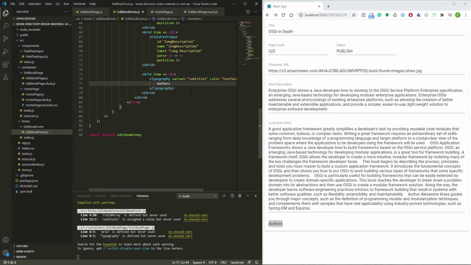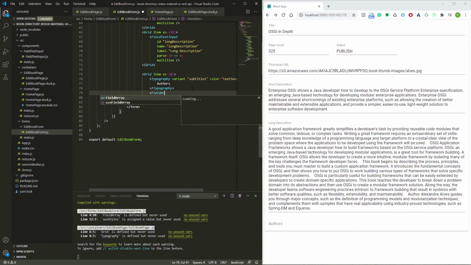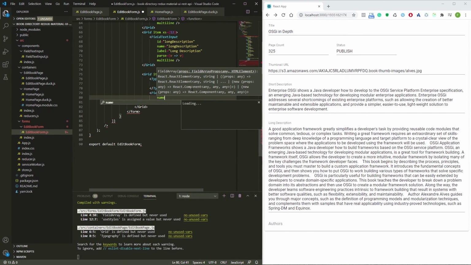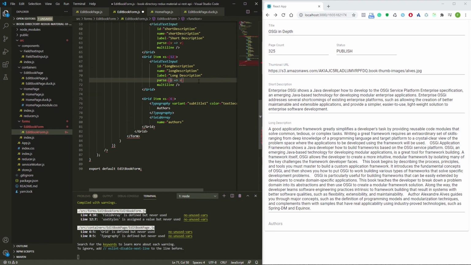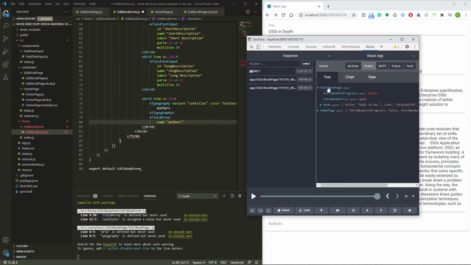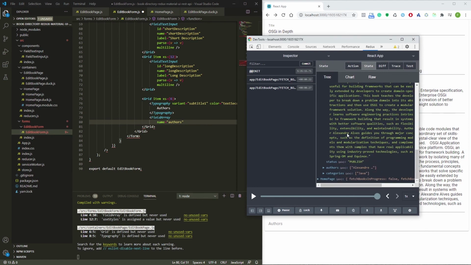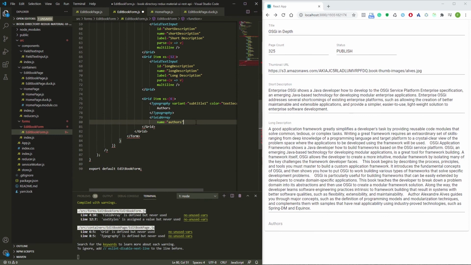Now here later we will add a button so we can add more authors and categories as well, but for now we're going to start with our field array. So we will create our field array here. We will pass a name. This name, remember, needs to match also the name on the API. So in this case, similar to this name, this is authors. As you can see, we go to the stage of this book, we see here authors, so this is the name that we need to pass there. Okay, and now here we have